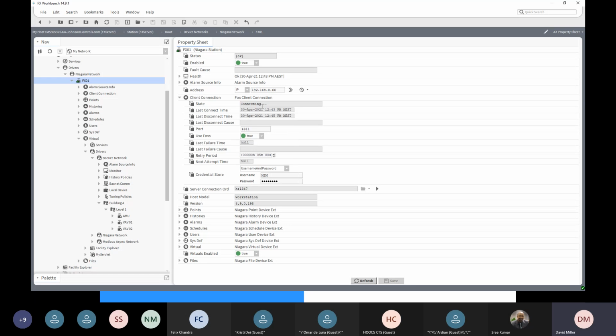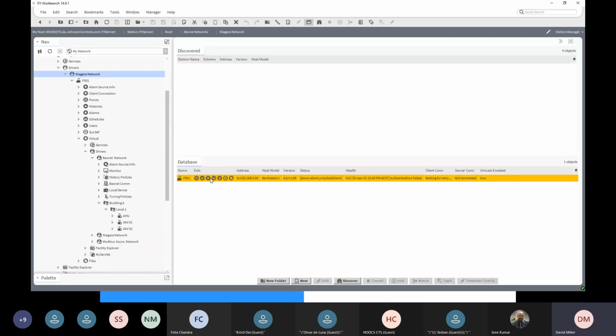Okay, it's connecting and it failed. Okay, and when it does fail, so if you've got a Niagara network with a device that's down, so not connected,